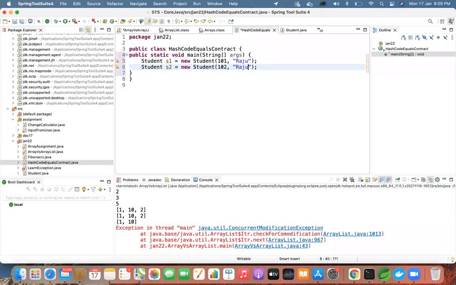Okay. So after line number 5, have your s1 dot hashCode method and assign it to an integer variable. And print that variable in the next line.